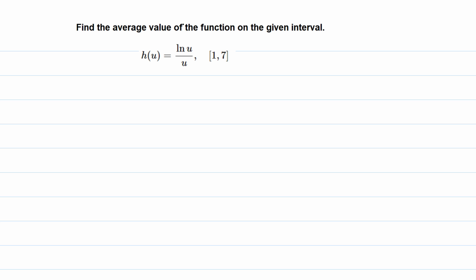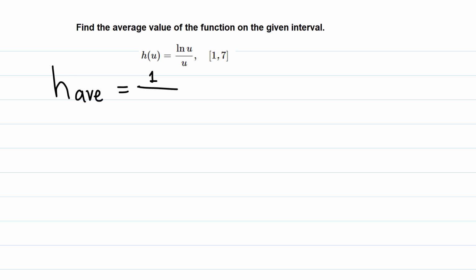Find the average value of the function on the given interval. Our function h is natural log of u over u on the interval 1 through 7. So by formula, average value of h, let's say HAV, that is just a notation for average value, not needed,